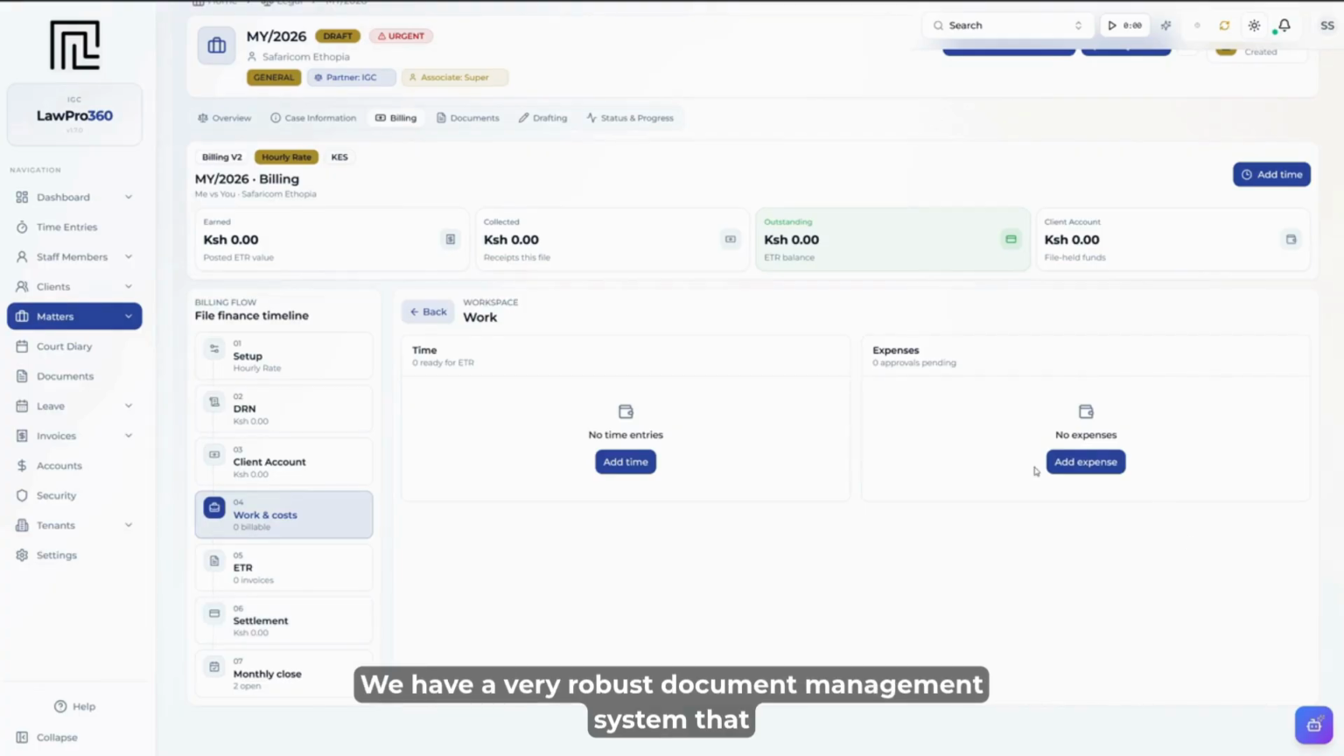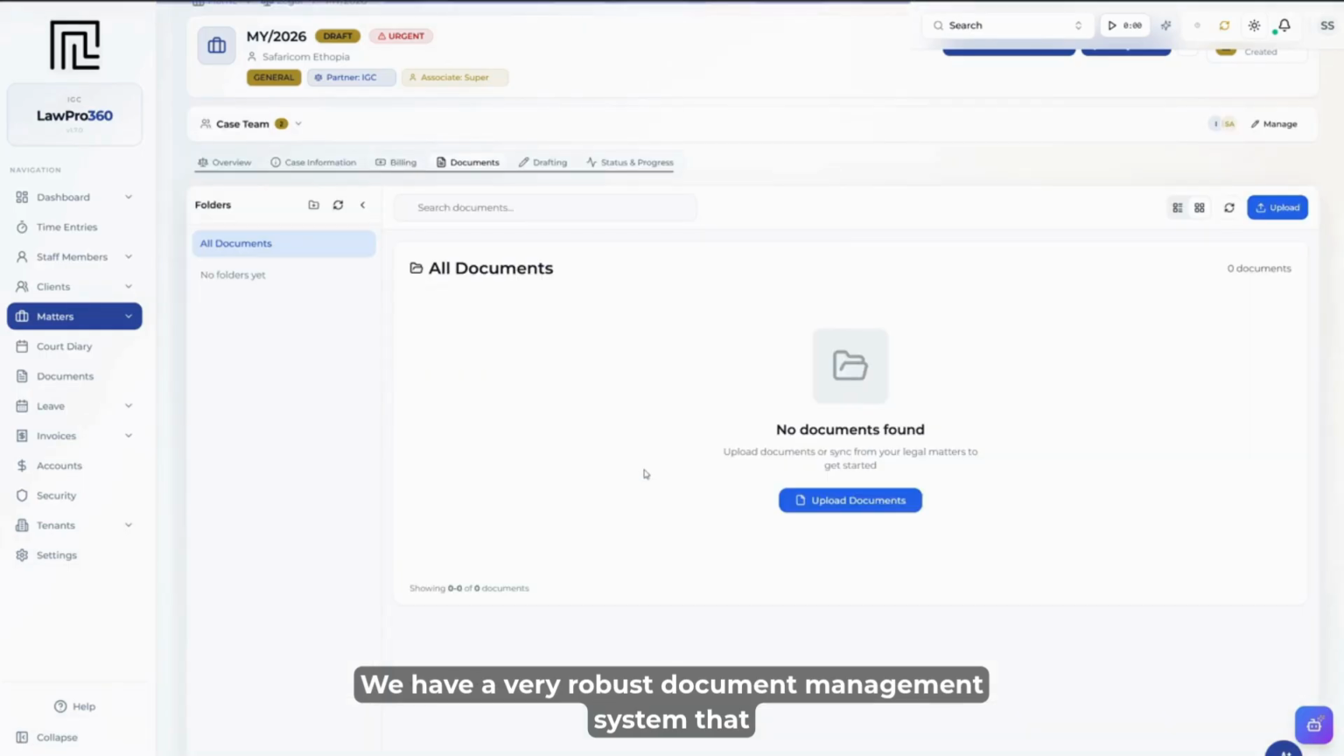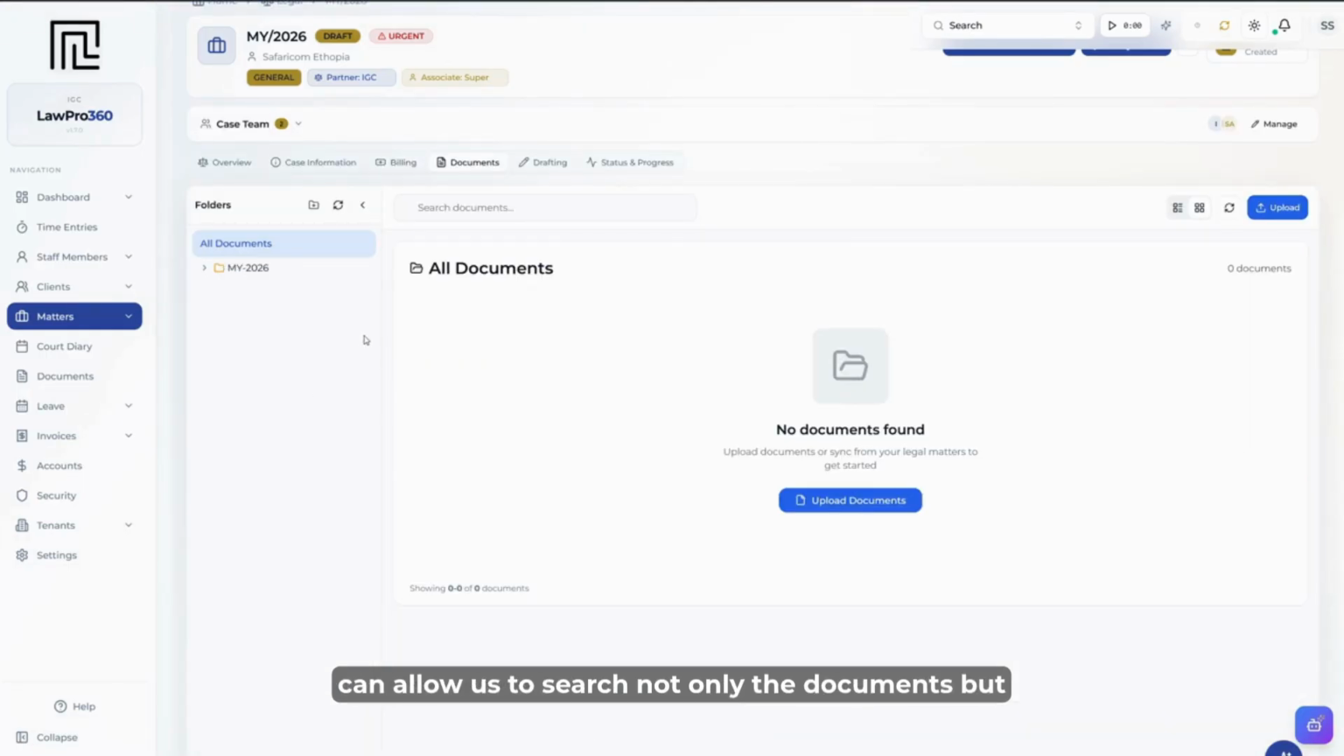We have a very robust document management system that allows us to search not only the documents but also the files and the contents within the files. What does that mean? If I do a quick text search, I should be able to get the actual context of a file without having to know the file name. In cases where a file name is not descriptive, we can search inside the document. We also have drafting, so legal drafting,